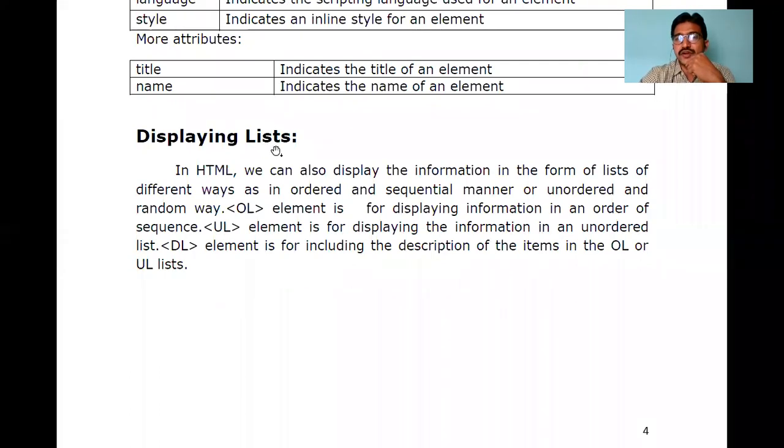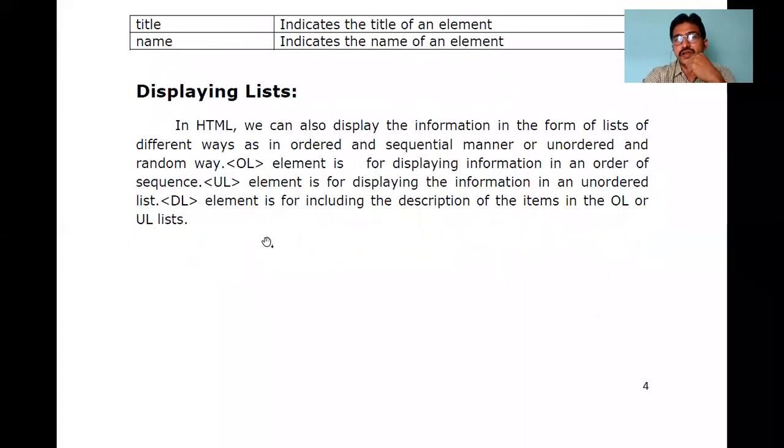So whatever type of list you are going to use, that type has to be mentioned. We have two types of list, ordered list and unordered list. Ordered list is represented with OL, unordered list is represented as UL. Ordered means numbering, Roman, small Roman, such things come under OL. Unordered means filled circle, disk, flower type of bullets, such things come under UL, unordered list.